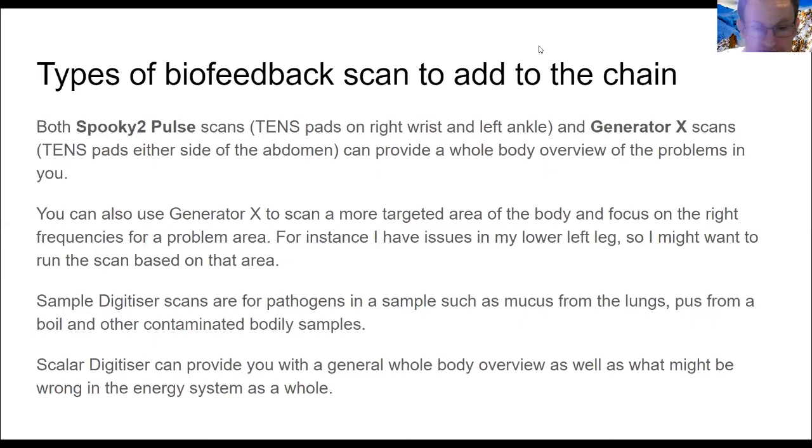Okay, there's one question about different types of biofeedback. We'll cover that shortly. And different types of biofeedback will do different things. Remember, sample digitizer only digitizes the sample, not the body they come from. Okay. With GenX scans,